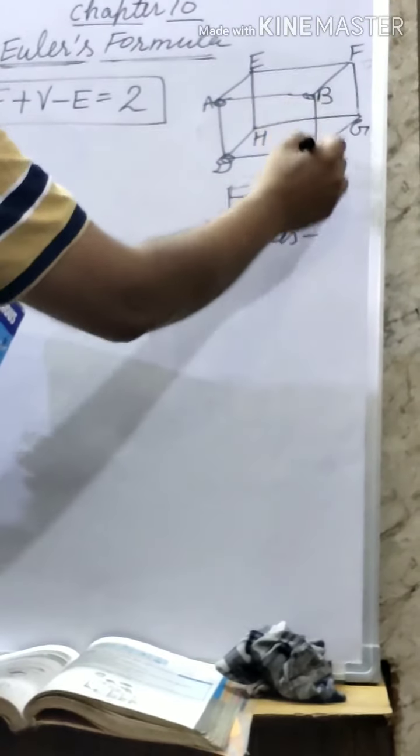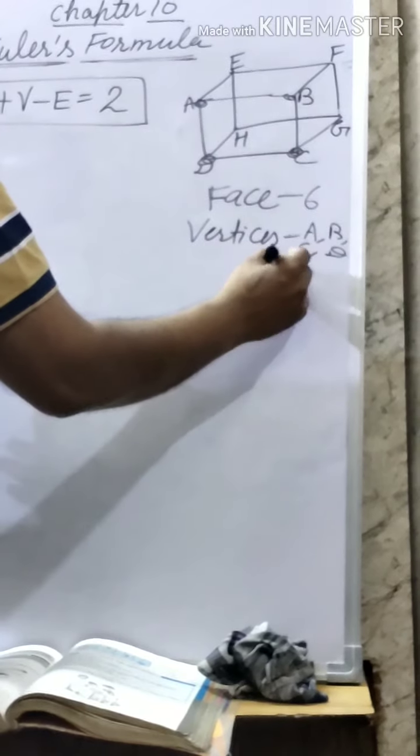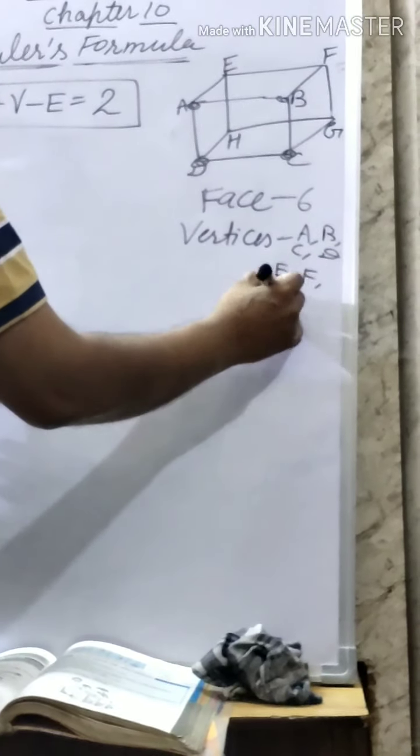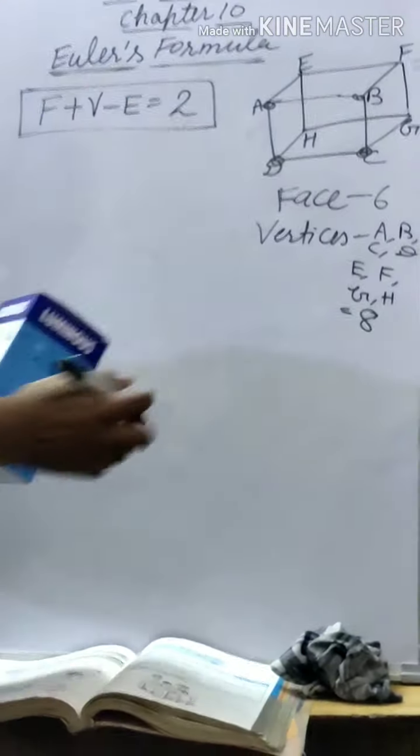How many vertices are there? You see A, B, C, D, and then E corner, F corner, G corner, H corner. So total vertices are 8. These are the vertices, so 8 vertices are there. Now next,